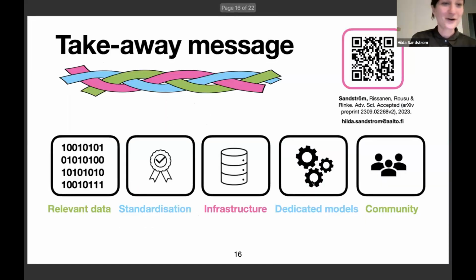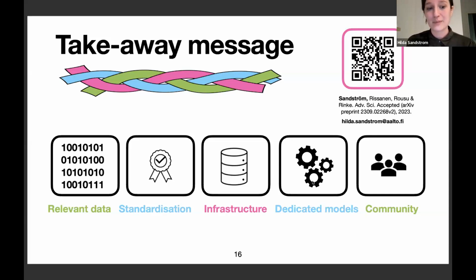Yes. So coming to my final slide then, the work that I have presented here is part of an analysis that we did for a perspective article that we just had accepted, and that is published on arXiv if you're interested to read more. In the perspective, we outline an action plan for how to arrive at a point where we are able to actually develop these models for compound identification of atmospheric molecules.